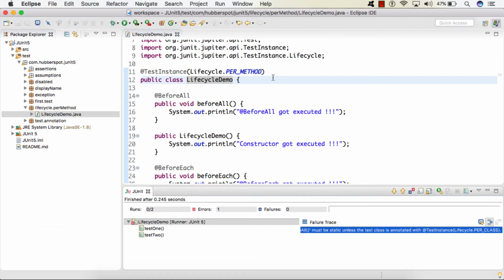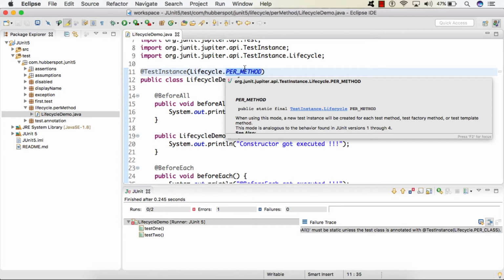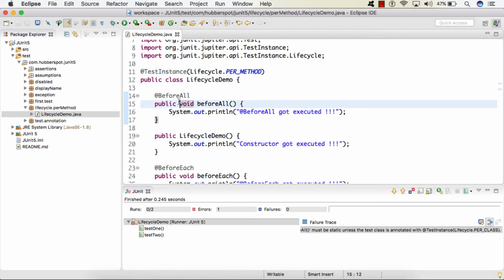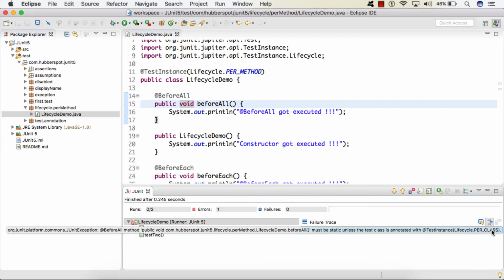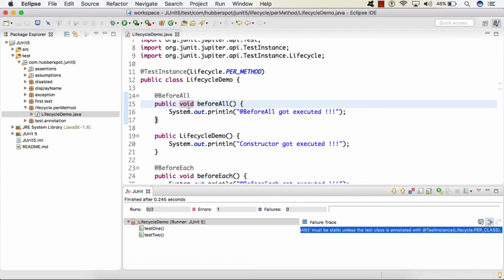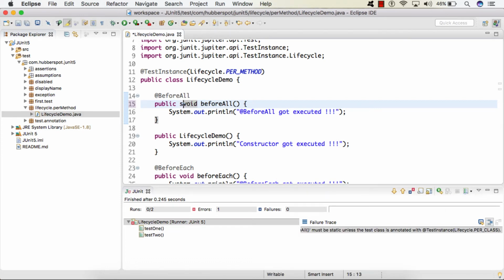As we are discussing lifecycle per method, we have to provide static on the @BeforeAll annotated method, which is required, and we can skip static on @BeforeAll only when we are using the lifecycle per class mode, which we will see in our upcoming lectures. So here I will simply make it static.